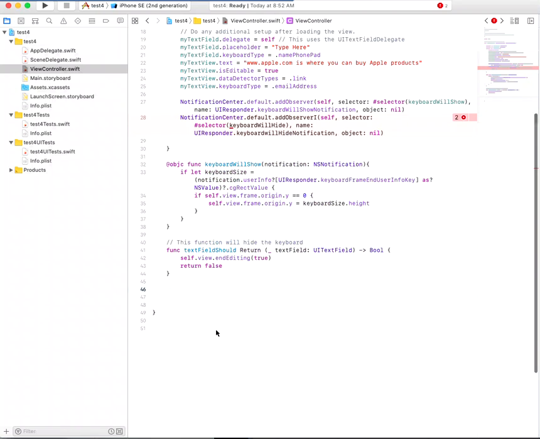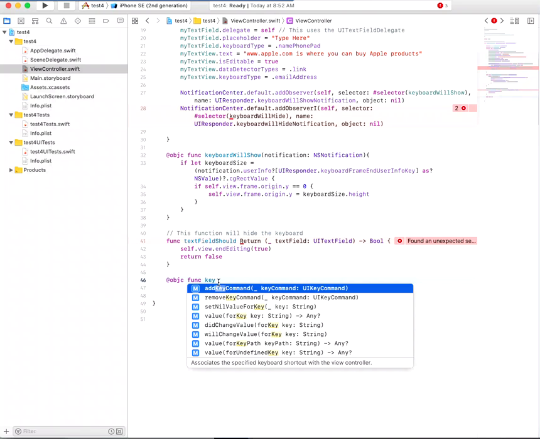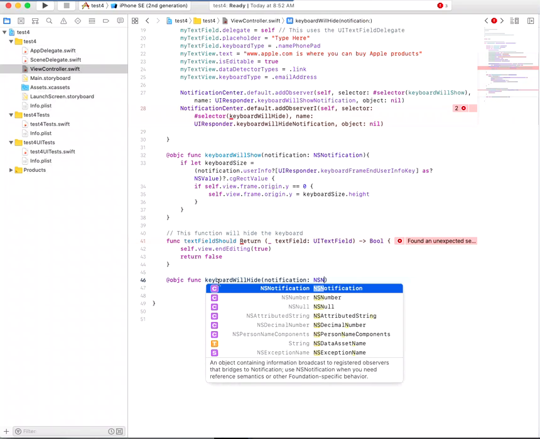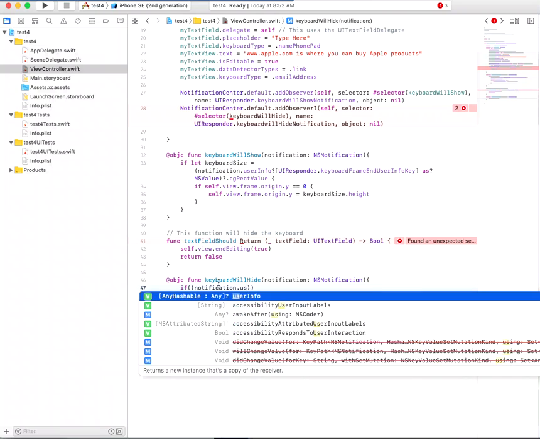Now I need to create my will hide function, so @objc func keyboardWillHide, notification: NSNotification, open curly bracket, if notification.userInfo